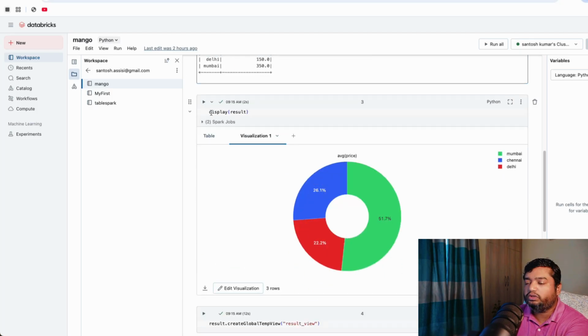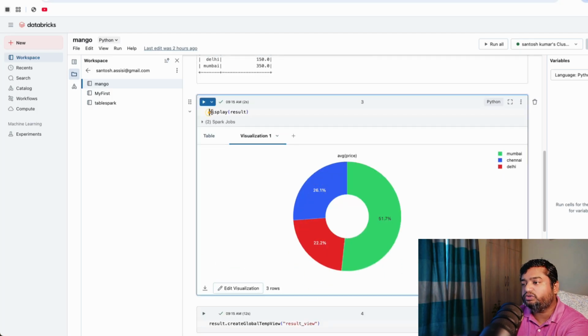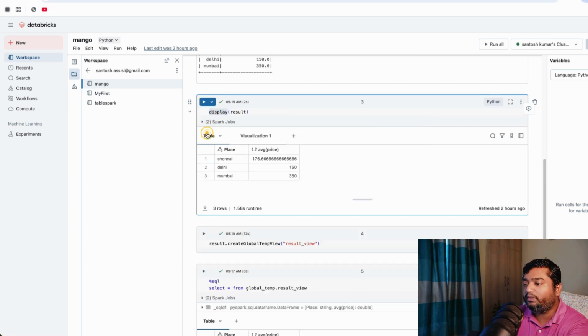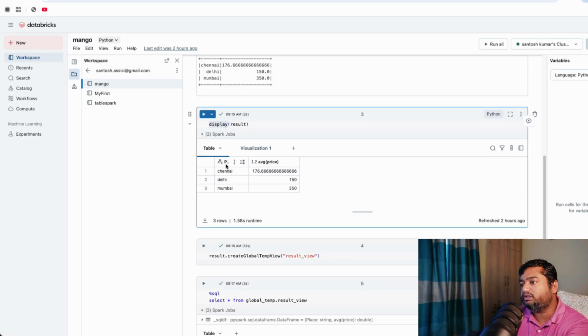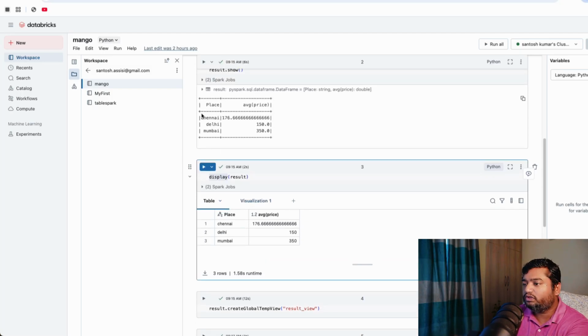Now if you want to display it in a better way, then you can use display. Display is a command from Databricks on top of Spark. It's not a part of any Spark version. It's a Databricks command, so it shows the table in a better way. You can see that it shows in a very good, more database-like way. Here you can see it's a very raw way, and here it's a more polished way of